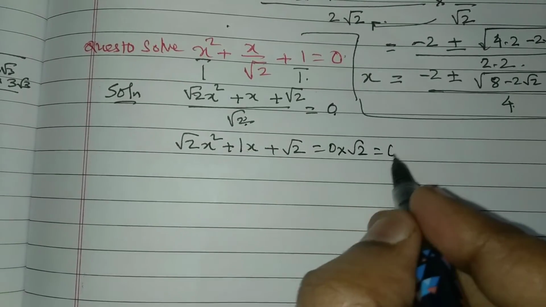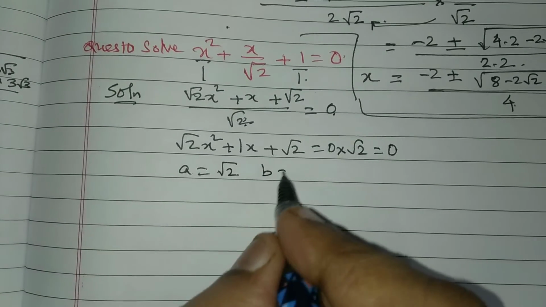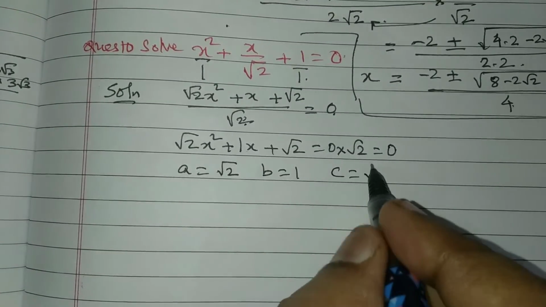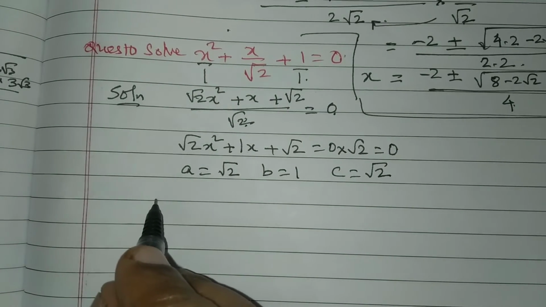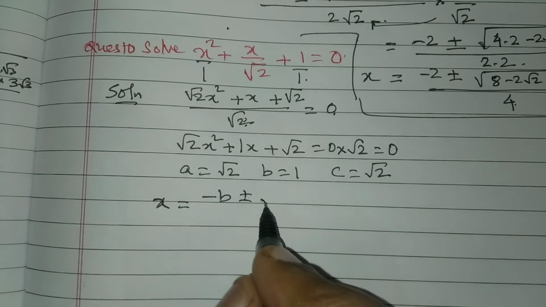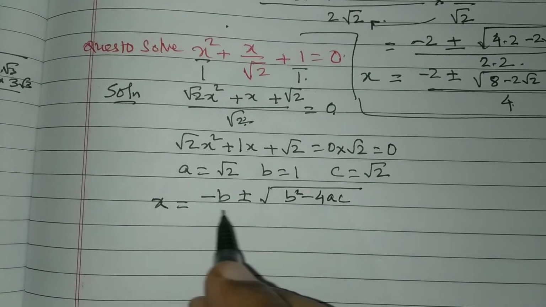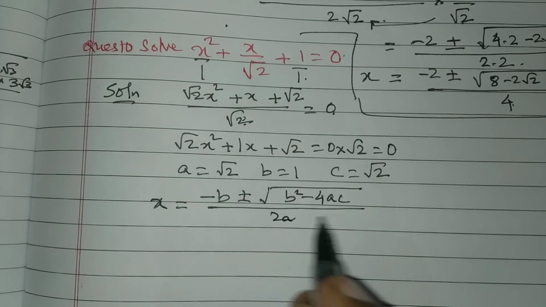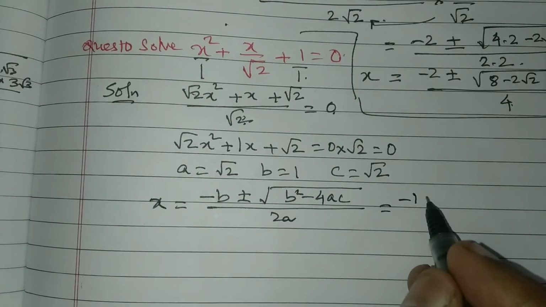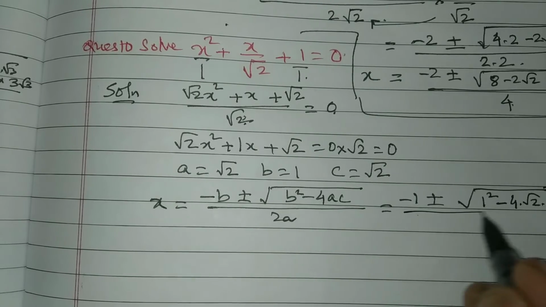So it is equal to 0. So a is equal to root 2, b is equal to 1, and c is equal to root 2. So now x is equal to minus b plus minus root under b square minus 4ac divided by 2a. So now minus 1 plus minus root under 1 square minus 4 into root 2 into root 2, divided by